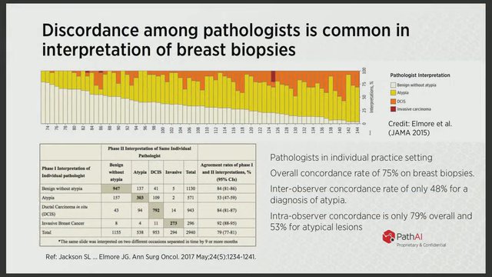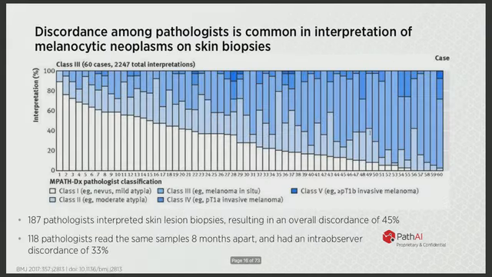Of the ones the experts called atypia, only 48% was agreed with in the community. The other interesting thing the study showed was intra-observer variability is just as big of an issue as inter-observer. So a person disagrees with themselves after an 8-month washout period pretty much as often as they disagree with others. So another reason why computational approaches would be valuable and why this really is a problem. And this is in breast biopsies. The same research group showed quite similar results.